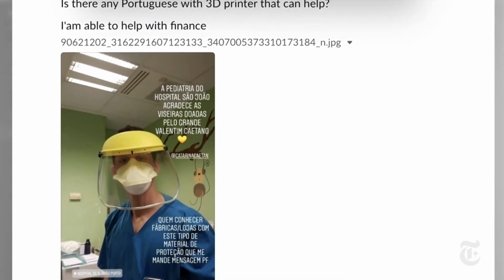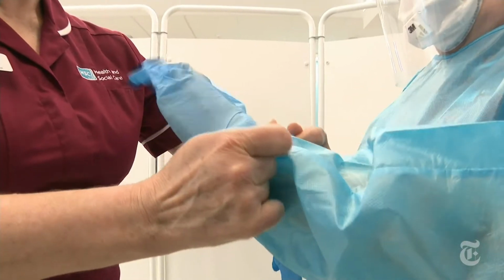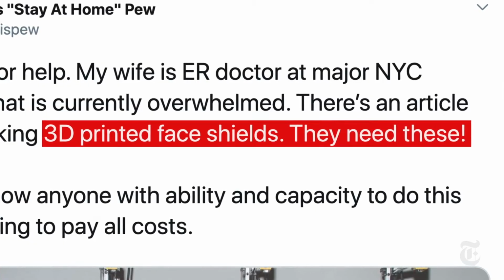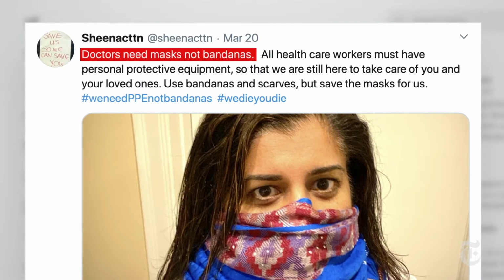Stocks of the critical gear are disappearing during the coronavirus pandemic. Doctors say they are rationing gloves, reusing masks, and raiding hardware stores. The CDC has even said that scarves or bandanas can be used as protection as a last resort. I've met the doctors and talked to them every day. I think there's an interesting challenge here in that currently there's such a need that if they had anything, they